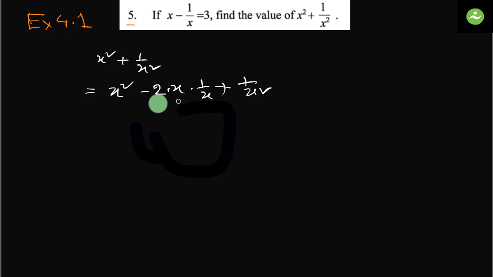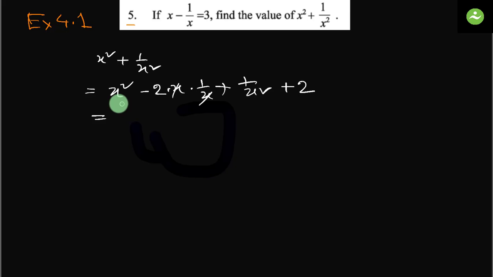So how much did we add extra? This is 2, minus 2. This is something we have just added extra. So let's put a plus 2 so that the value doesn't change. So minus 2 and plus 2, the value hasn't changed at all. So equals to,